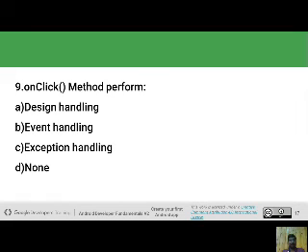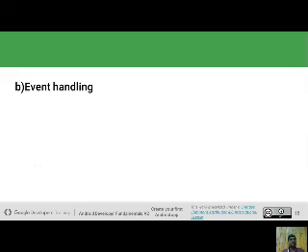So what is the meaning of onClick? OnClick means what operation is performed when we click the component where this method is called. That type of onClick method performs an event when you click any component, so it belongs to event handling.